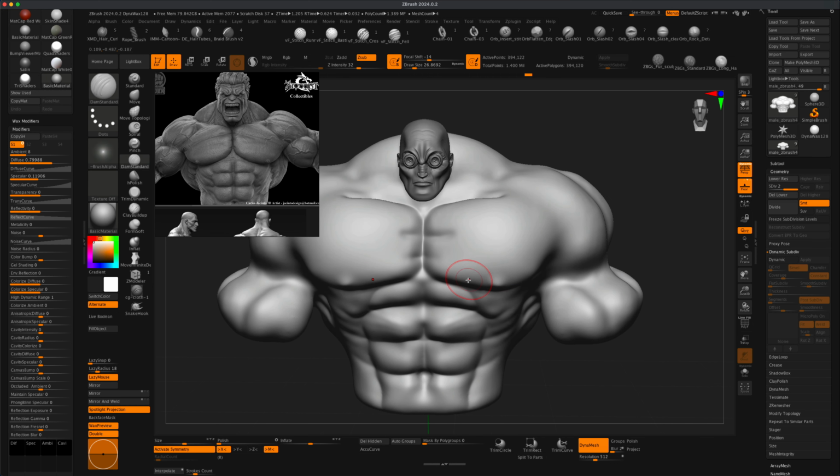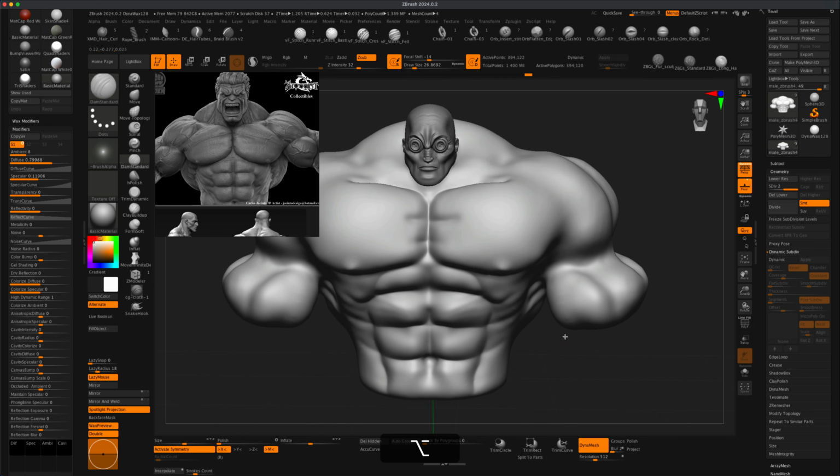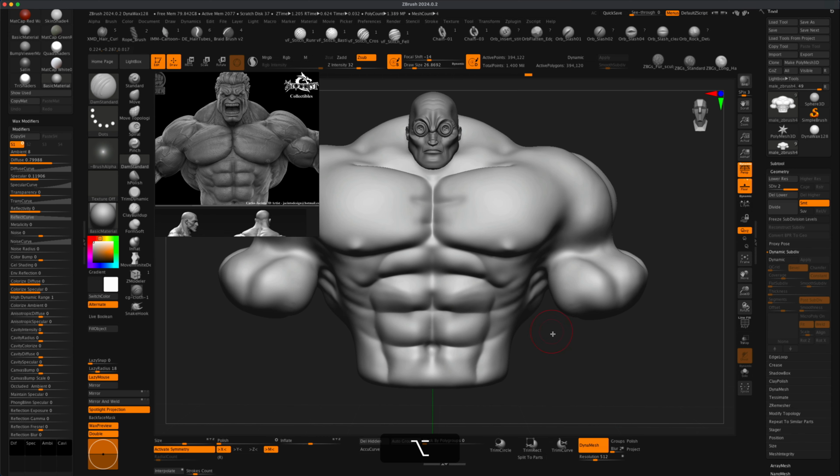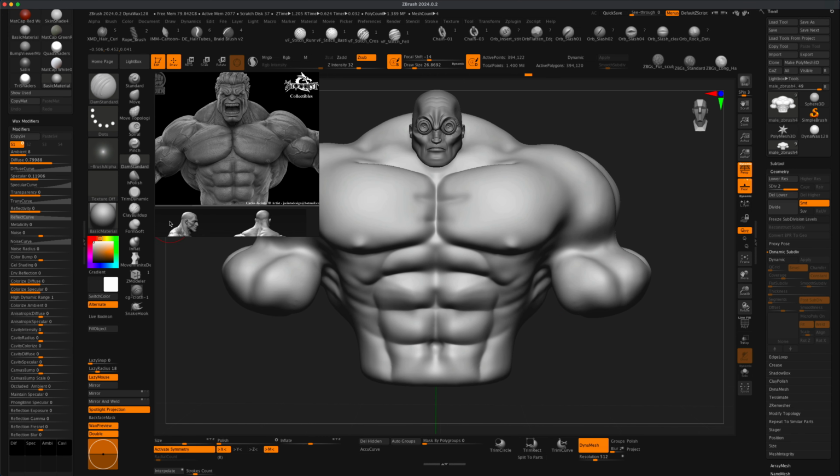And maybe, my intention is to add some chains to all of this. A lot of times if you create something super bubbly and it starts to look too bubbly, a really cool trick is to grab something like the trim dynamic, right? If you turn your Z intensity down, you can just trim this down. And I know it might start to look more like a rock,